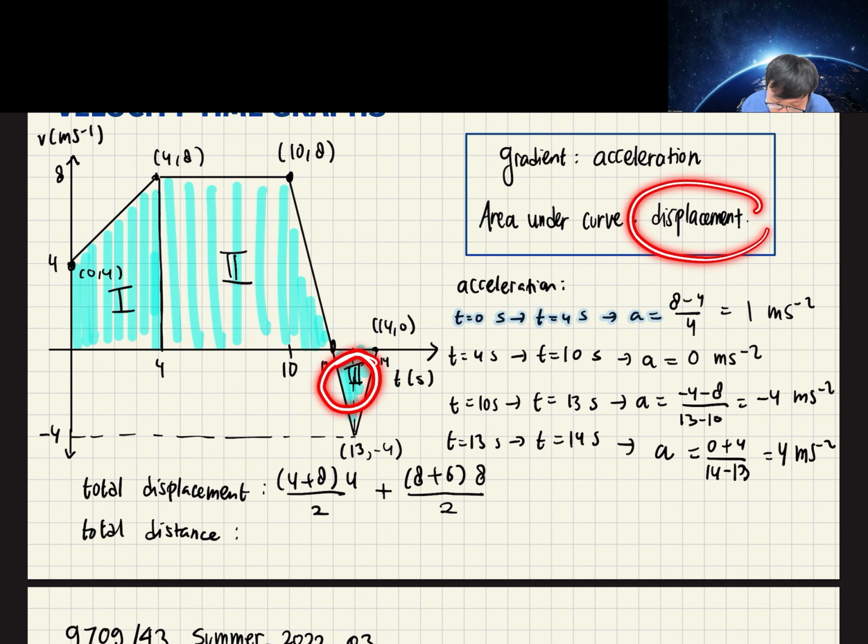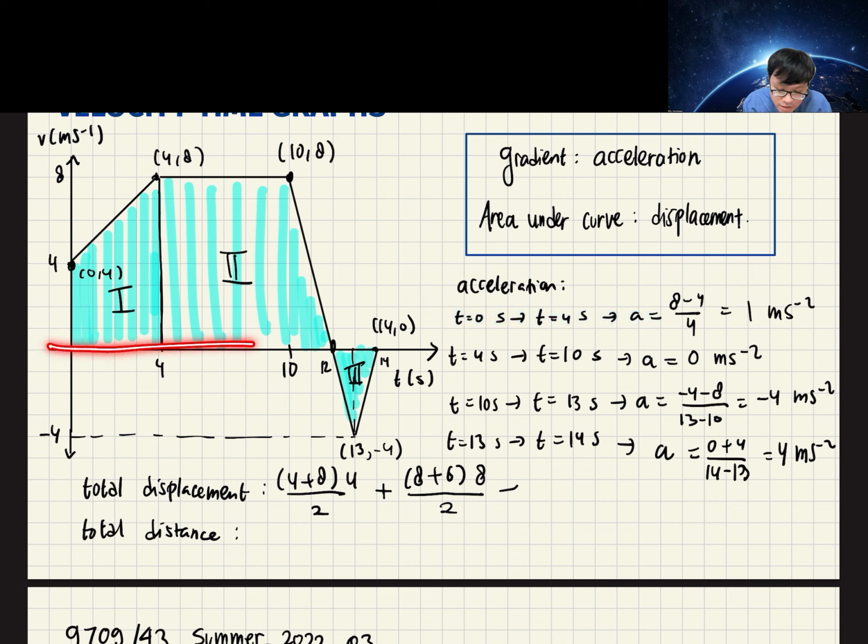Now, the third one, be careful. Displacement for this part is negative. So the area, you have to count it as negative. So you have to subtract the area under the curve. If the area is above the x-axis, the area is positive, while when the area is under the x-axis, you have to subtract it because the displacement is negative, because it is moving to the left. So we subtract the area of this triangle, which is 4, the height is 4, times the base is 2, divided by 2.